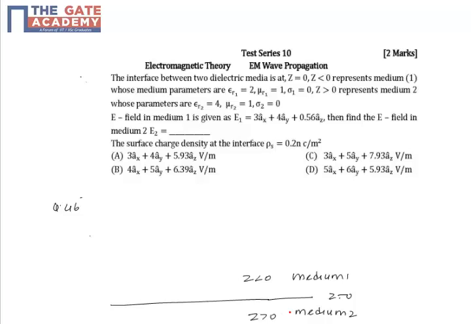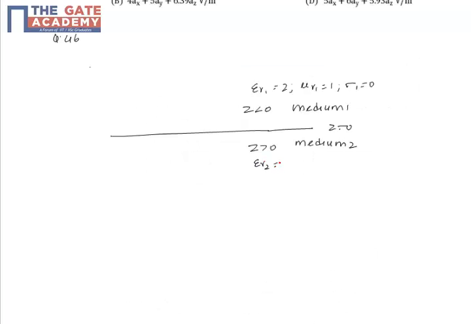The properties of the media are given as epsilon R1 equal to 2, which is permittivity. The permeability mu R1 is equal to 1. Both are relative values, and conductivity sigma 1 is equal to 0. For Z greater than 0, relative permittivity epsilon R2 is 4, permeability is 1, and conductivity in the second medium is 0. Another important thing given is that this is not a charge free surface. This surface has a surface charge density rho s equal to 0.2